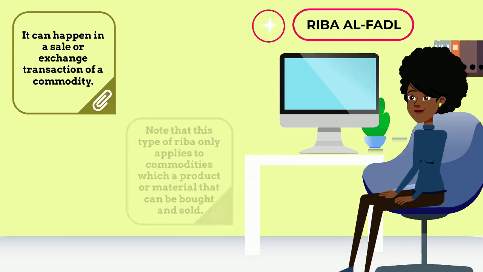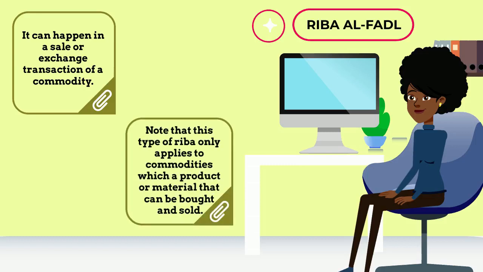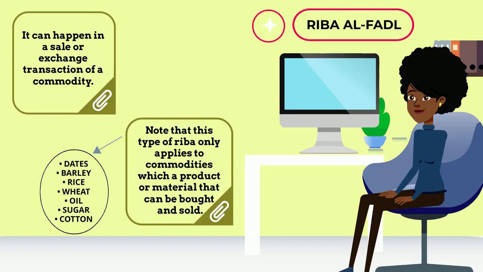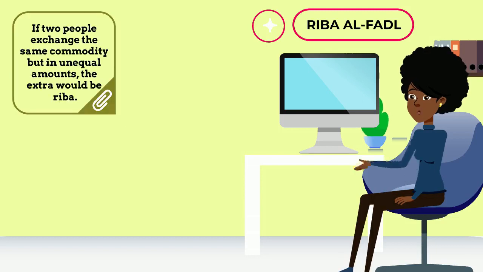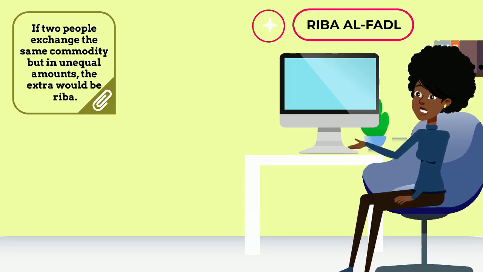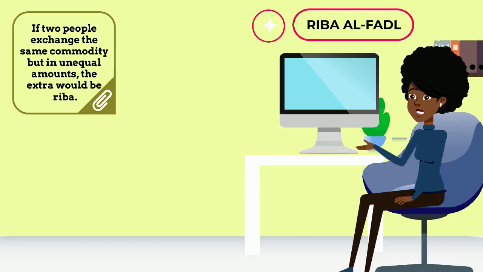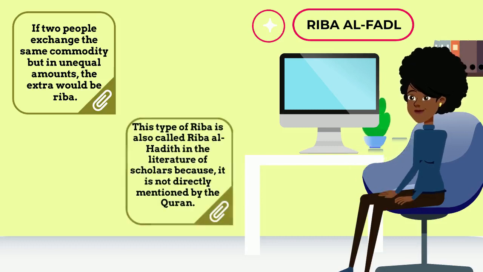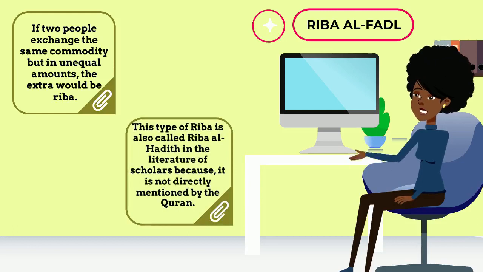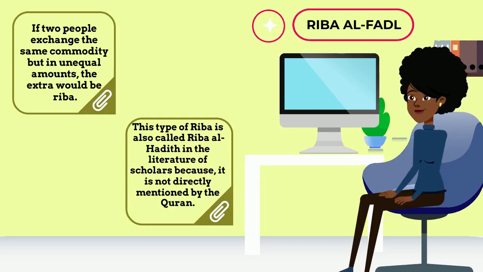Note that this type of riba only applies to commodities, which are products or materials that can be bought and sold. Things like dates, barley, rice, wheat, oil, sugar, cotton, and etc. If two people exchange the same commodity but in unequal amounts, the extra will be riba. This type of riba is also called riba al hadith in the literature of scholars